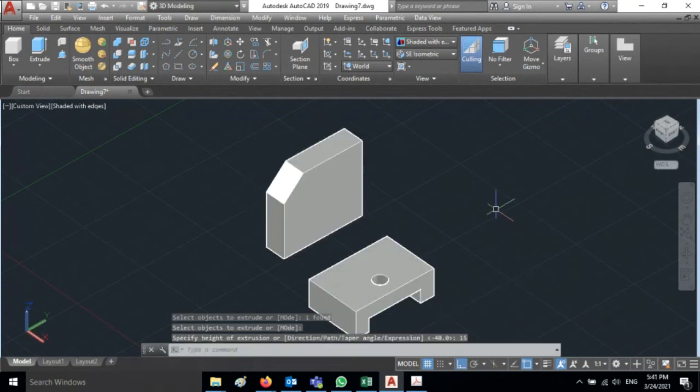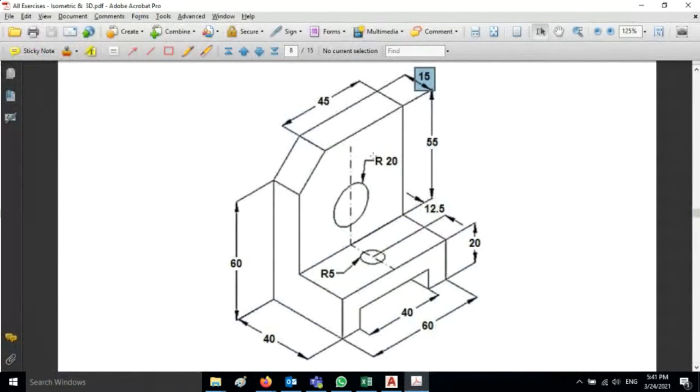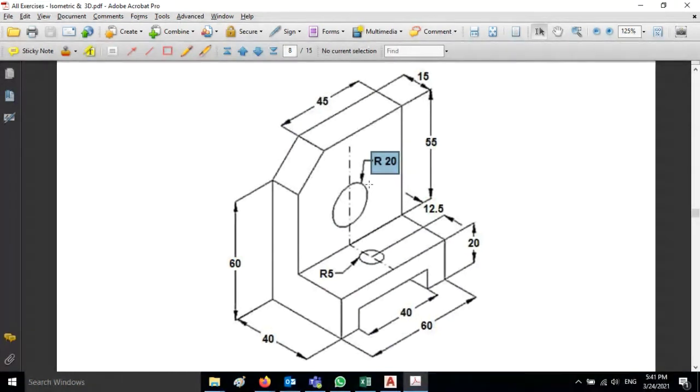We have extruded. Now in this case we have radius 20. There is a circle of radius 20 that we have to draw. I think this is diameter or radius because it looks bigger. I think this is the diameter, not the radius.